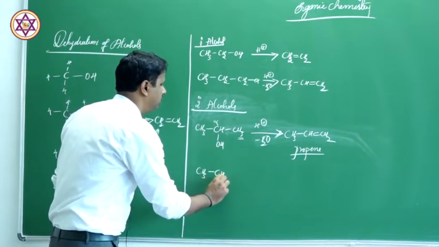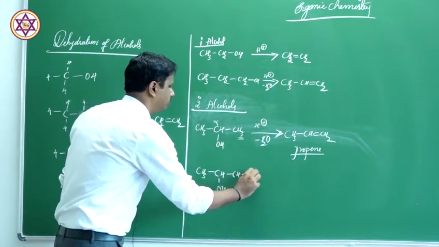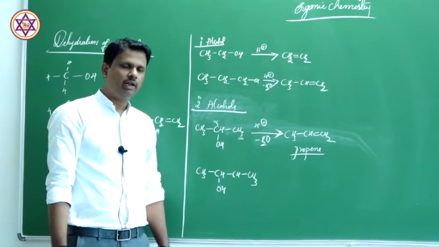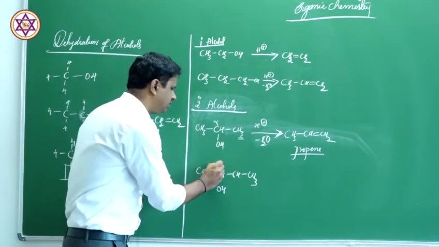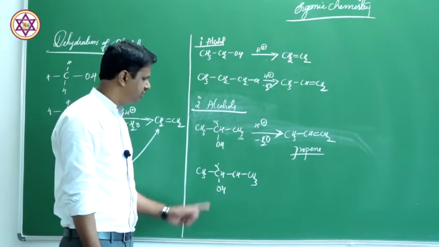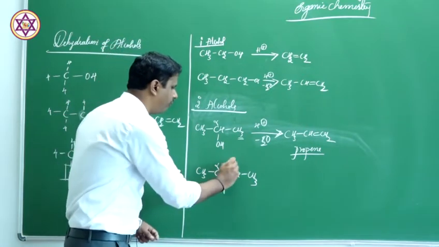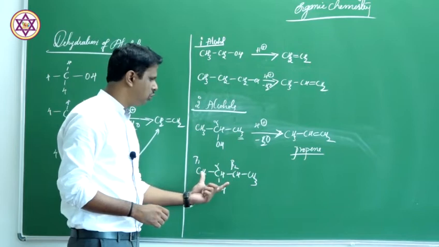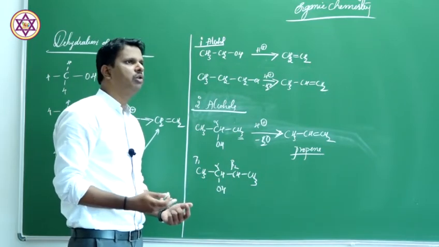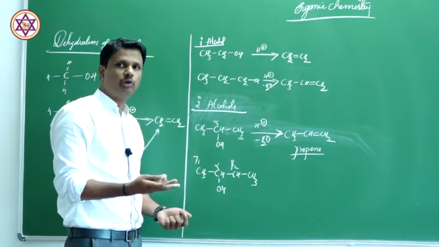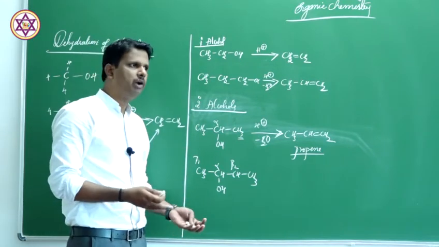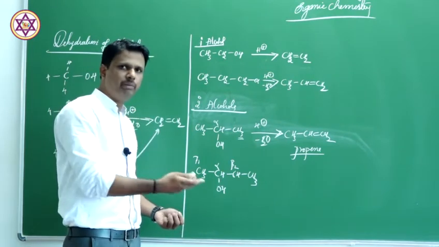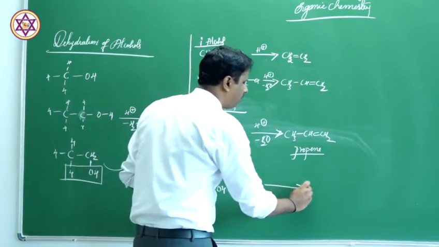Suppose CH3CH(OH)CH2CH3. This is called 2-butanol or butan-2-ol. In this compound, this is the alpha carbon atom, which bears the functional group, that is the hydroxyl group, and we have beta 2 here and beta 1 here. Let us say this is beta 1 and this is beta 2. There are two beta hydrogen atoms, so definitely you are going to get two products. But one of the products will be formed in maximum quantity, that will be the major product, and the other will be minor. How do we determine the major and minor product here?